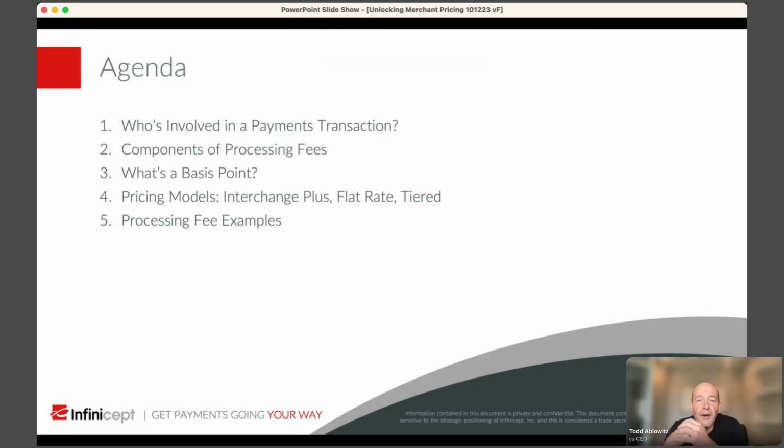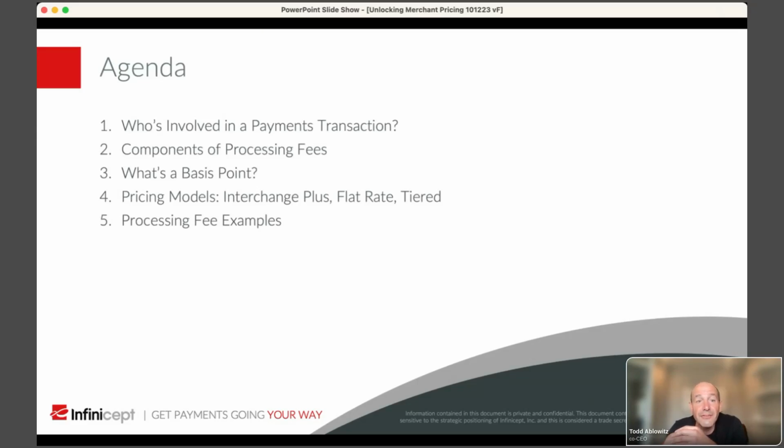What are the components? We'll talk a little bit about basis point math. This is the word that I think differentiates payments people from all others, is they start talking about things like basis points. I guess if you do mortgages, you might think about that as well. So we'll explain what that is, a little bit of quick payments math. Everyone loves math, but this is a place where it can be really helpful as you're trying to figure out what merchants are paying today, how to think about pricing them, and really across a portfolio, how to think about pricing your portfolio, how to think about managing your portfolio from a pricing perspective.